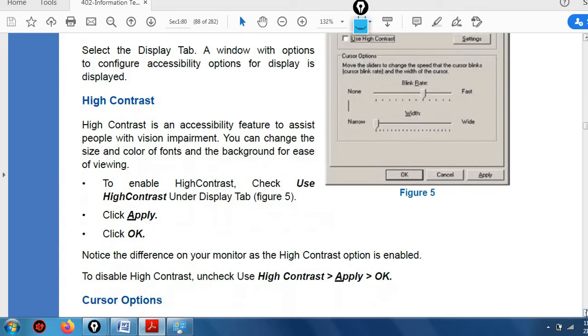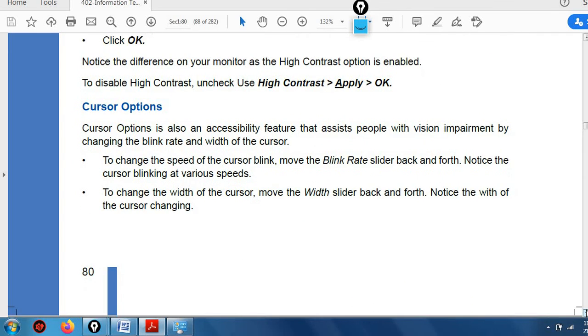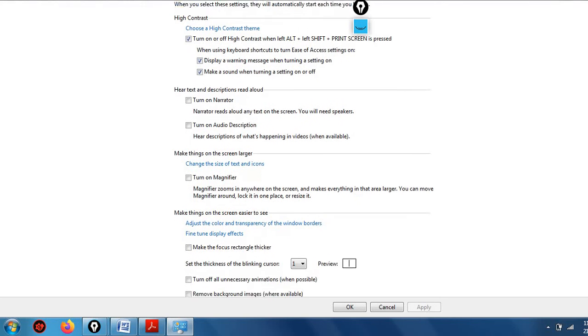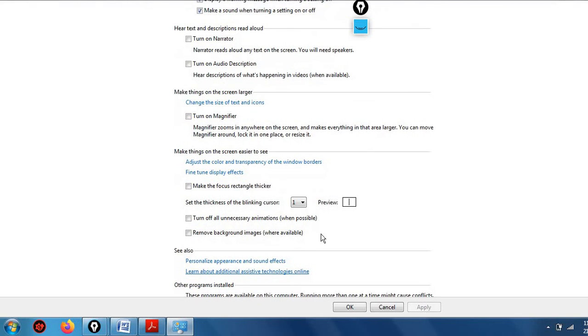After high contrast, the cursor option, in the same place here only you can see, make the screen easier. Yes, here we have a cursor option, right? Set the thickness of the blinking cursor, make things on the screen easier.